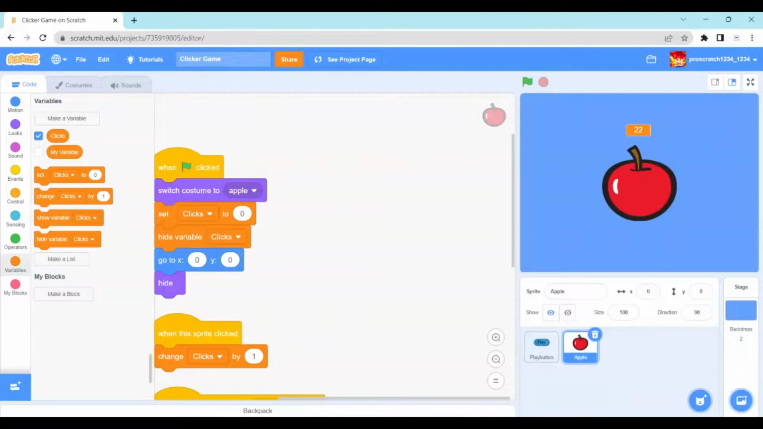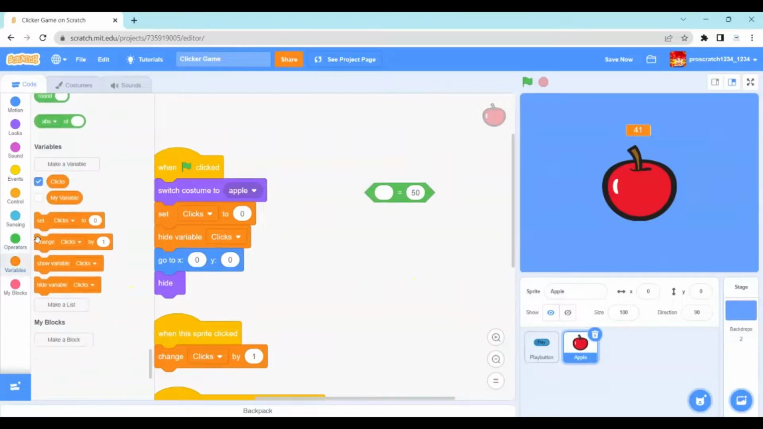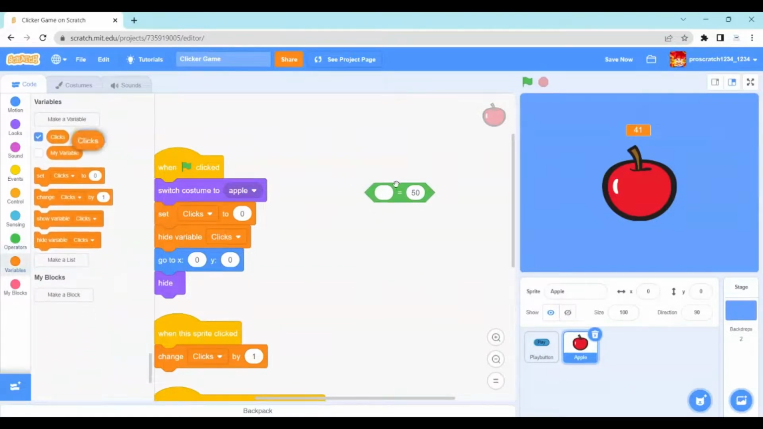Something you can do is giving it like an achievement. So once you hit, for example, the number 50, it gives you like congratulations for hitting 50. So how do you do that? Let's first drag this and go like clicks,